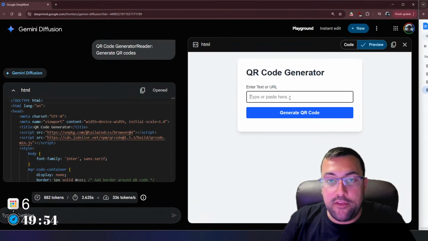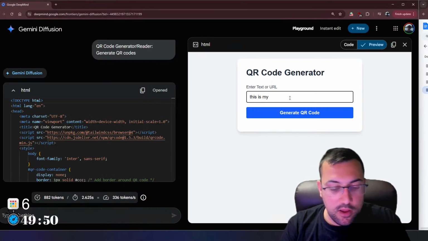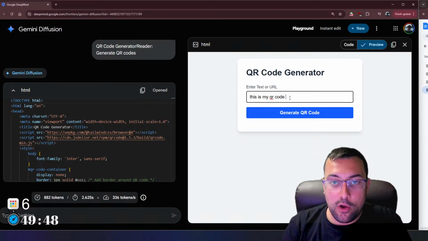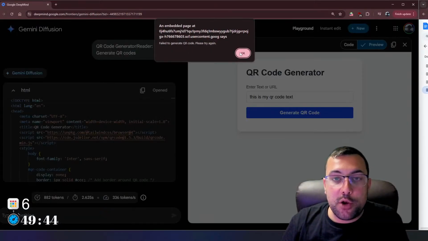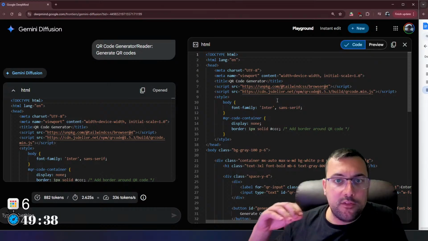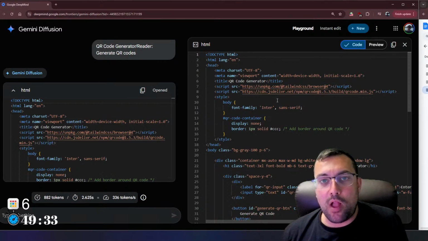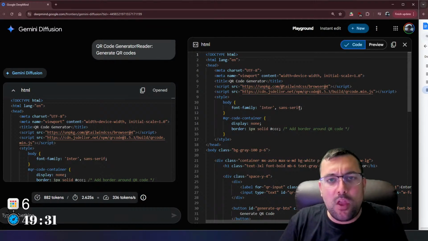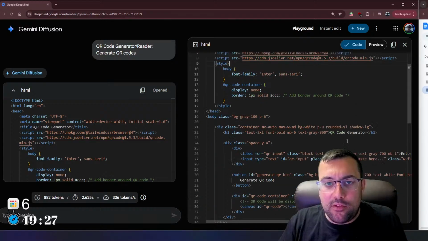So we can paste in some text here. This is my QR code text, and we can hit generate, and it said failed to generate code. I figured this would happen because there's no real good way to do QR codes. I've done some in-depth learning about QR codes. I've tried to build my own library to generate them. It's not super easy. They actually have one here, and it doesn't seem to